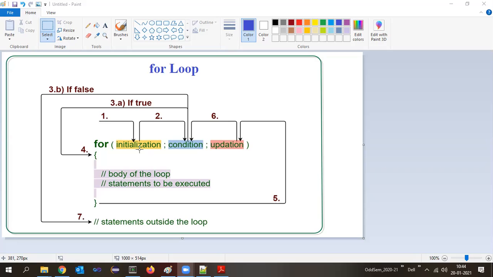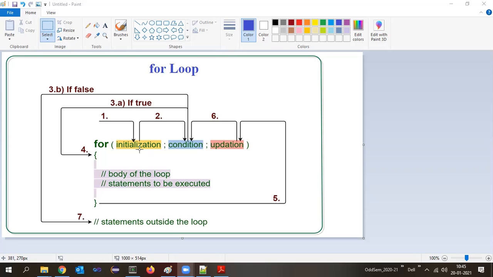Then condition, we want to print how many times? 10 times, that is I less than or equal to 10 will become the condition. After writing that I less than or equal to 10 as a condition, we again provide a semicolon that will separate it from the next statement.